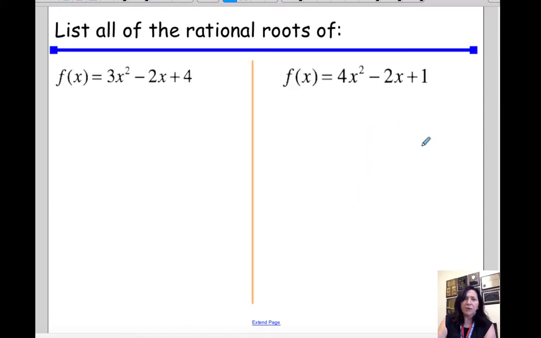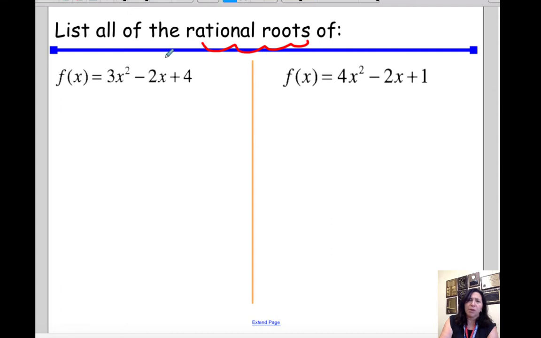For this question, it says list all of the rational roots. When they're saying rational roots, what they're actually asking me to know is what are all the values that I could try to plug in. So if I was using synthetic division, what are all the values that I could try to go in here? What would those values be? And so using the